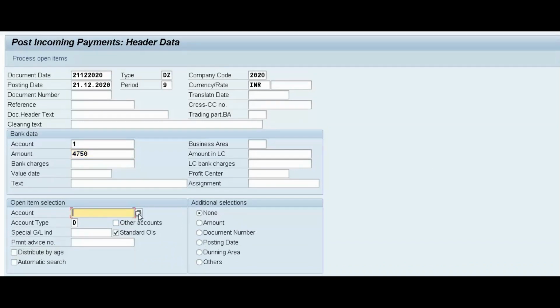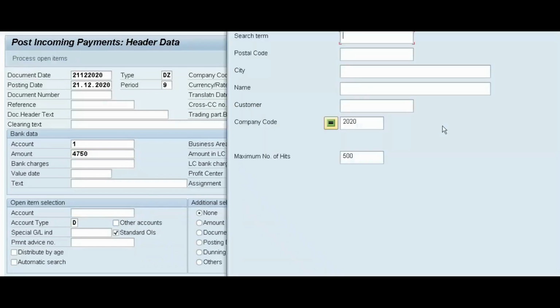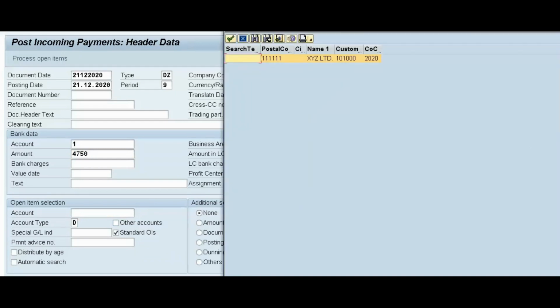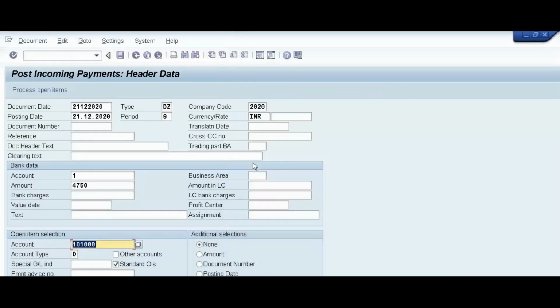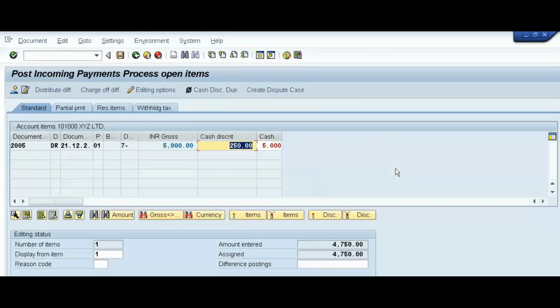So open item selection. Here we have to enter our customer account. And click on process open items. Now see, amount entered 4750 and assign is also 4750.